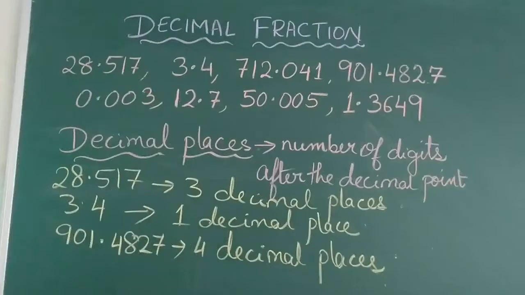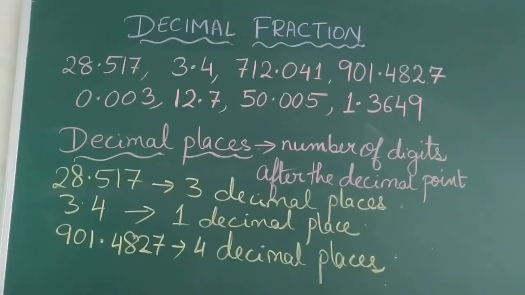Something important about decimal fraction is how do you read out the decimal fractions. For the integral part, you use the place values. Like here I said 28. Here I said 901. So I use the place values. But in the decimal places, you read them as digits. 517. You say it as 4827. Do not call this number as four thousand eight hundred twenty-seven. That will be wrong. You should call it as 901.4827. This is how we read a decimal fraction.